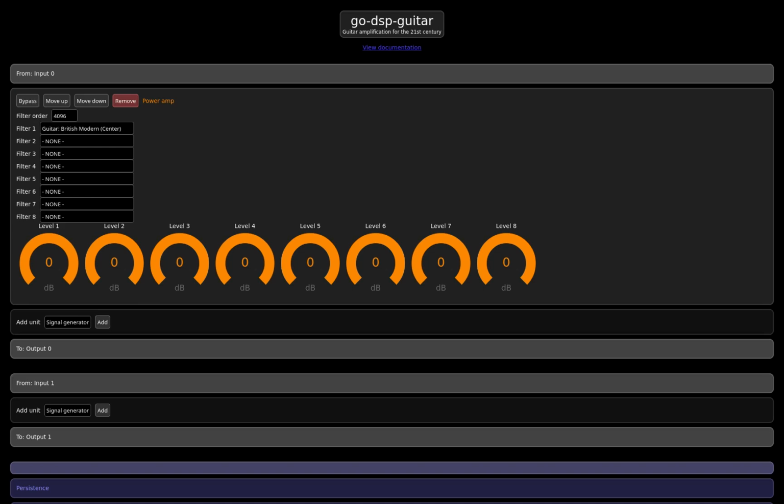Okay, so now we're coming from the effect send of the preamplifier again, and we have the power amplifier simulation on in Go DSP Guitar, and we're simulating a British power amplifier. Now on the preamplifier I have the tone control all the way to the left, so let's hear what that sounds like. Perhaps let's get a bit more level.